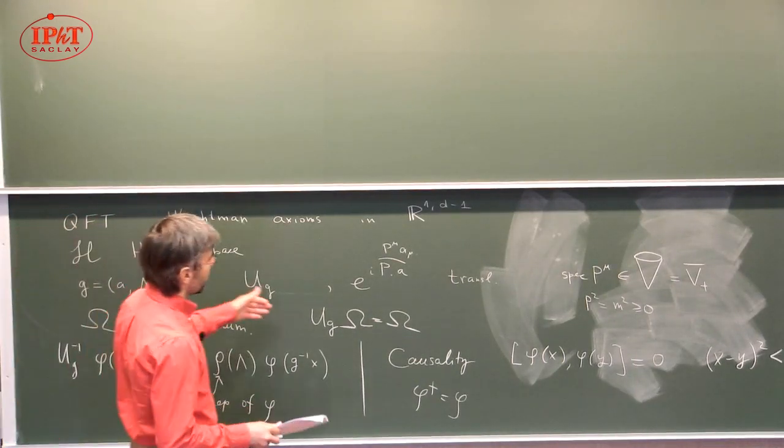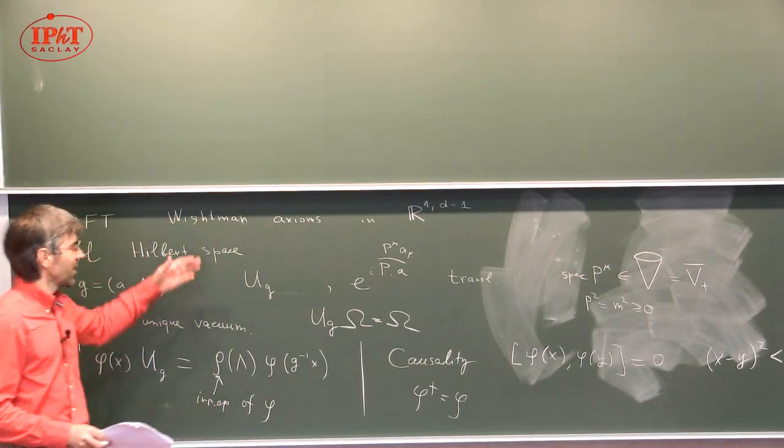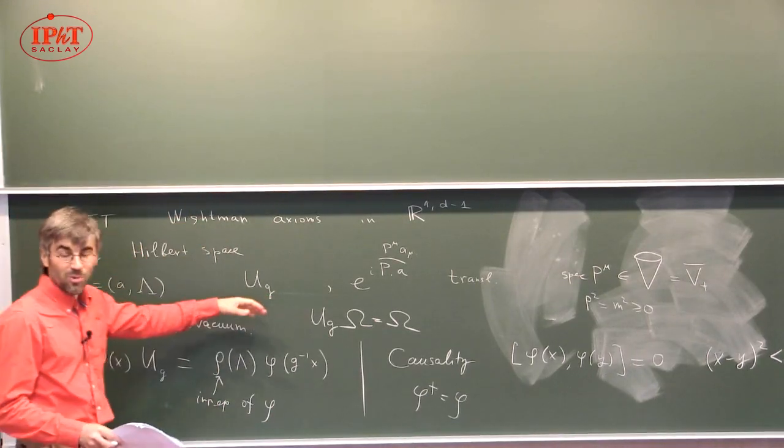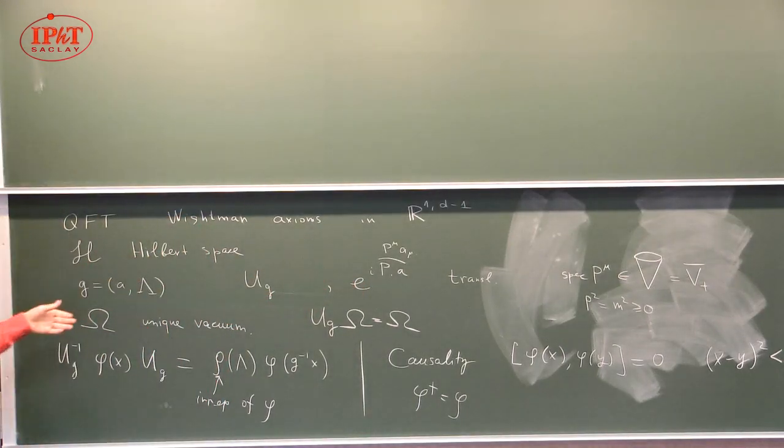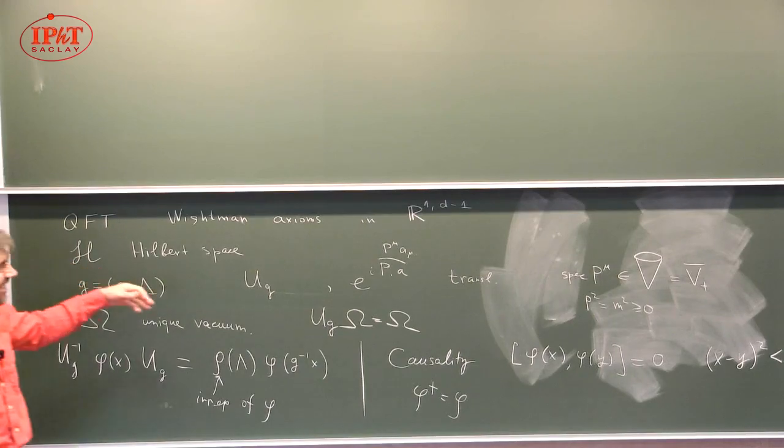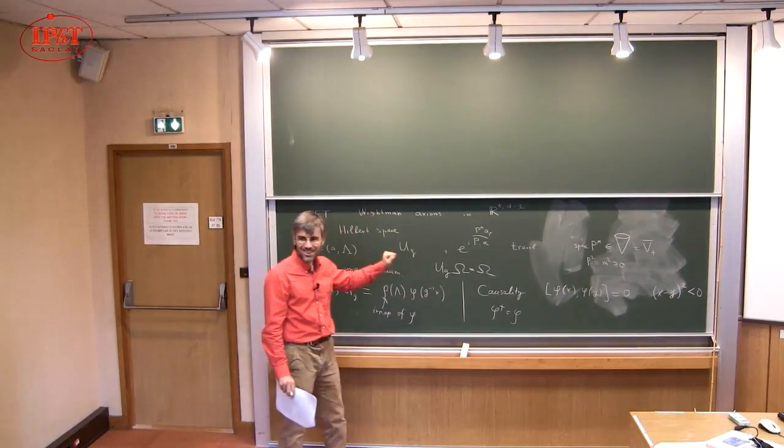Clearly, this quantum field theory is by assumption Poincare invariant. So these assumptions are for Poincare invariant quantum field theory. These Wightman axioms are from the 60s. At the time, people didn't yet know that these exceptional things